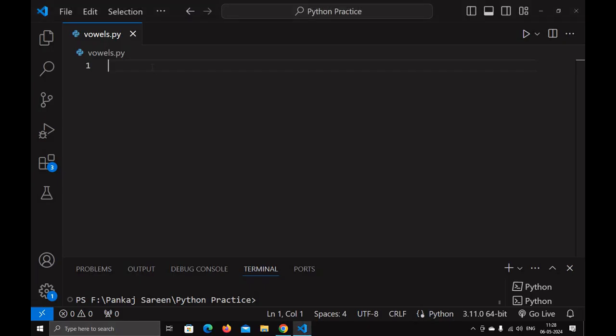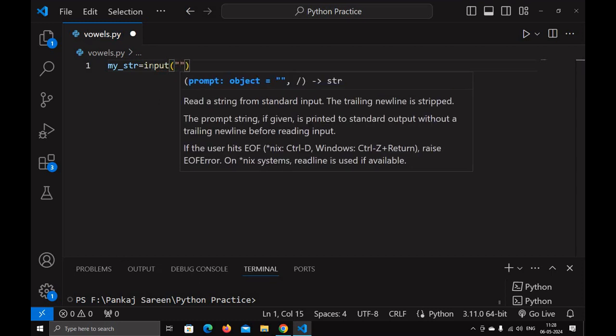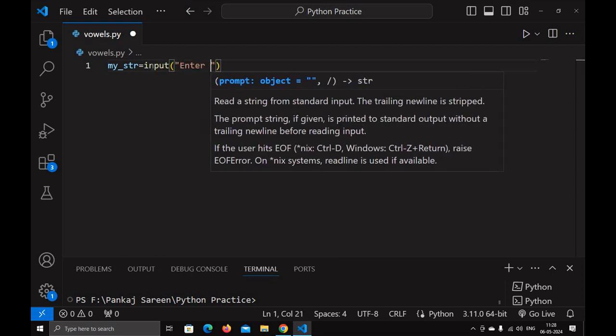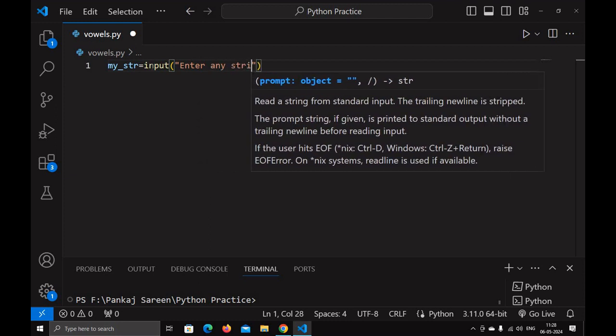Hello everyone, in this video I will discuss how you can count the number of vowels in a particular string, how you can count the occurrences of a particular vowel in a particular string. So first of all, let's take an input. So I will take input from the user. So here I will ask to enter any string,